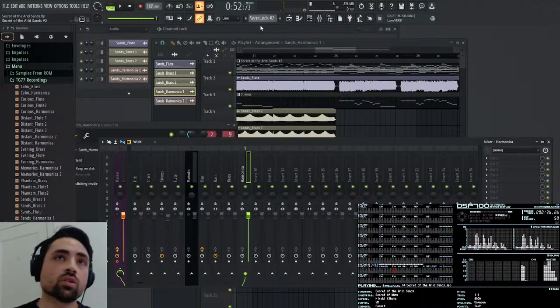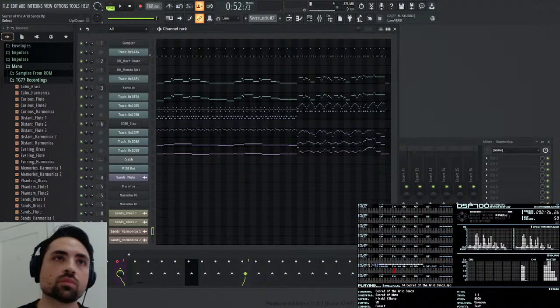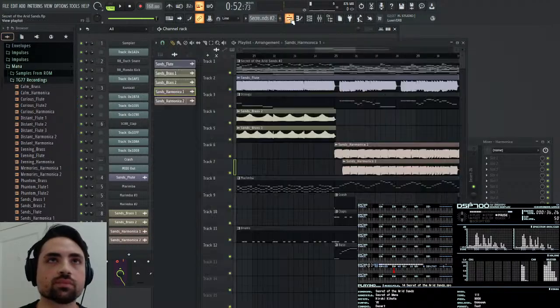Okay, and now I also need the panning for the harmonicas. So copy this value, paste it to the first harmonica, copy the panning knob for the second one, and paste it to the second harmonica. Nice.